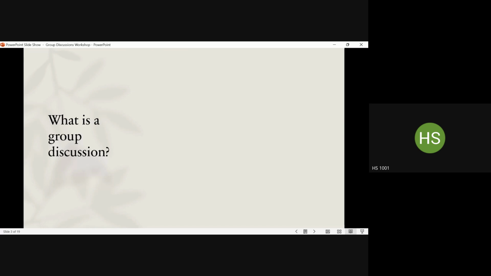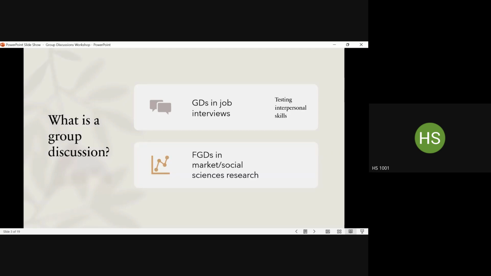What is a group discussion? Like I already mentioned, group discussions are a tool. And what do they assess? What do they see? They see how well you operate in a team. How well do you perform with others in a similar capacity? That is, how well do you interact with others? In short, they assess your interpersonal skills. This is the kind of group discussion that is used as a hiring tool in job interviews or after job